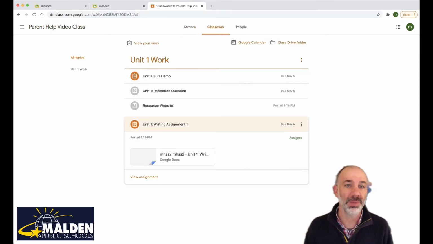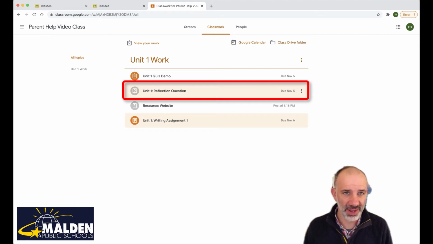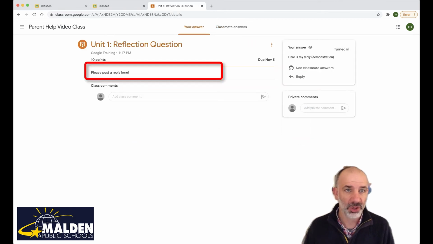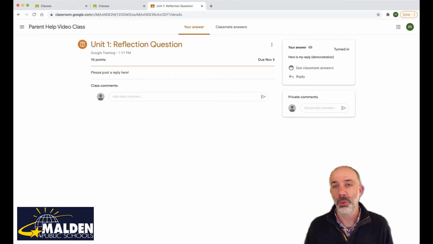Other materials that can be listed in the Classwork tab also include questions. So notice here, this icon has a question mark. When I tap on that icon and go in to view the question, it will be posted here. And then to the right-hand side is where I actually post and turn in my response to that question. This is really a discussion forum where students can engage with a back and forth between peers or with the teacher based around a question related to their class.